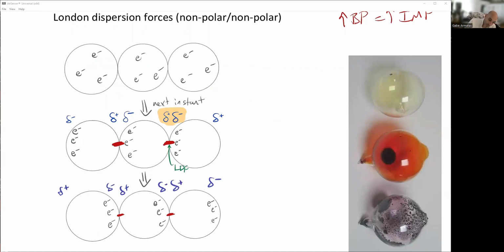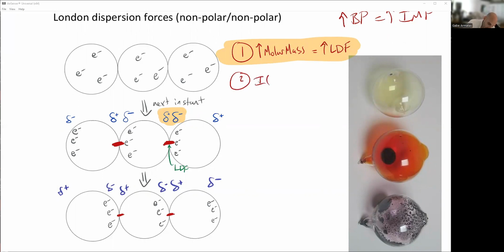So to sum up intermolecular forces, number one, what do you take away from this? The increase in molar mass equals an increase in London dispersion forces. So the higher the molar mass, the greater the strength of the London dispersion forces are going to be, because there's more electrons there to kind of interact. If we run into the same, if the molar masses are similar,